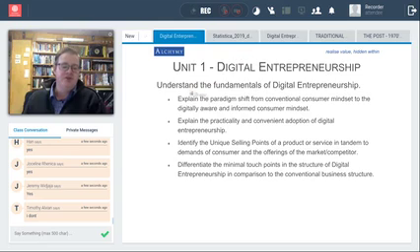So unit 1, digital entrepreneurship. So we want you to understand the fundamentals of it, but these are the core,